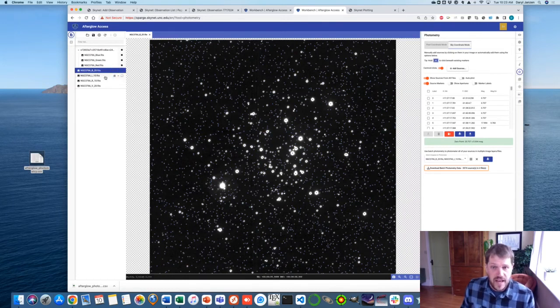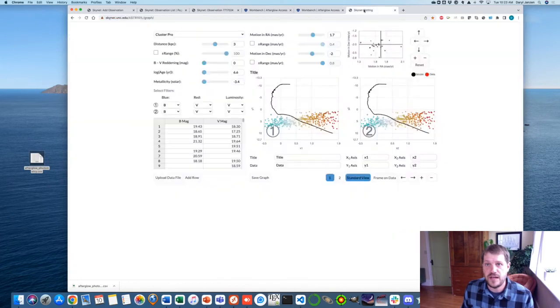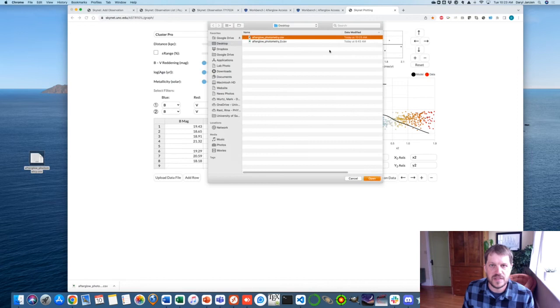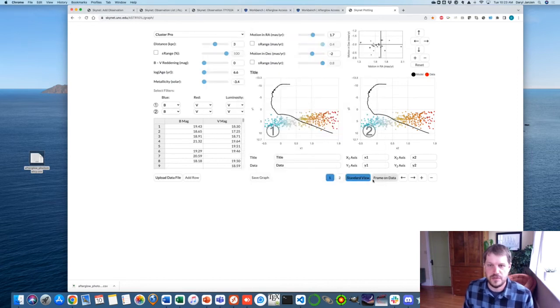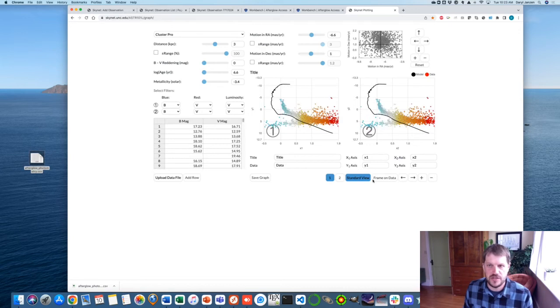And then once I've got that, I can go over to the Skynet plotting site that's been set up here, where I can upload my data file, and so there's the one that I just finished. And here you can start to see this cluster's HR diagram, and the main sequence there. And then we've got a number of tools. The loading takes a couple